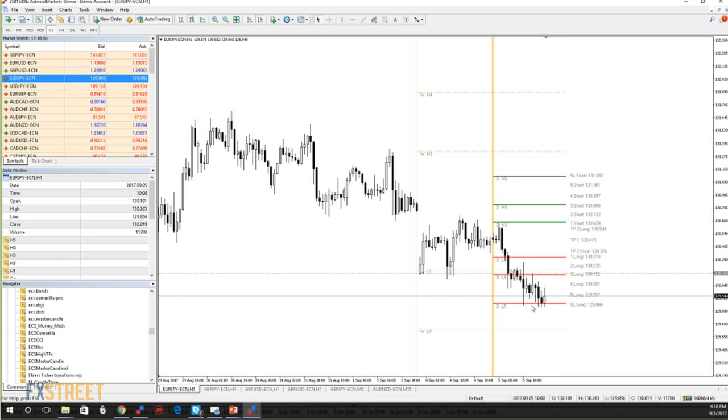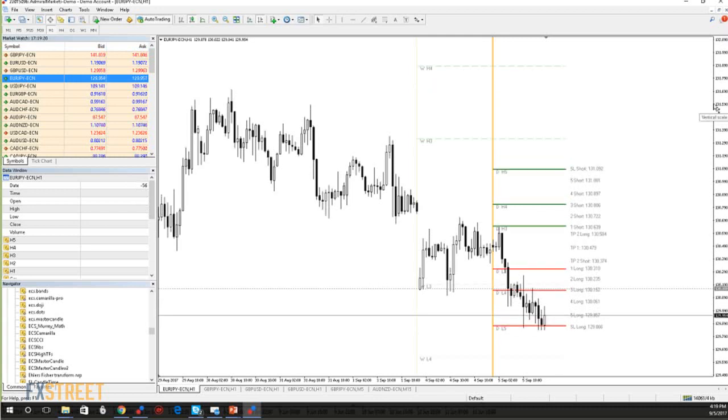Because this is the strongest daily support. Now you see how the price rejected from daily L5 to daily L4, from daily L5 to daily L4. Okay? So this is yet another appliance of this great indicator. And we have the third appliance of this indicator, like how floor traders actually did. They followed this